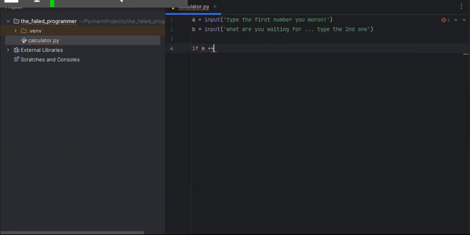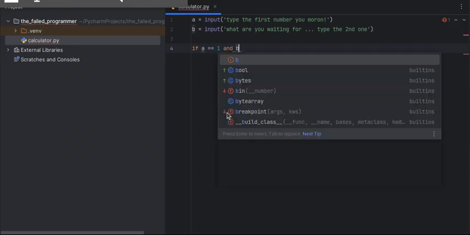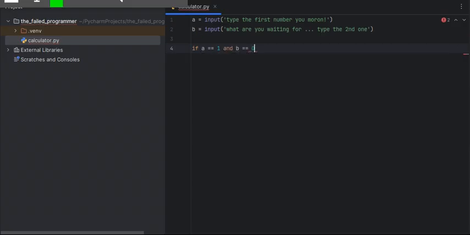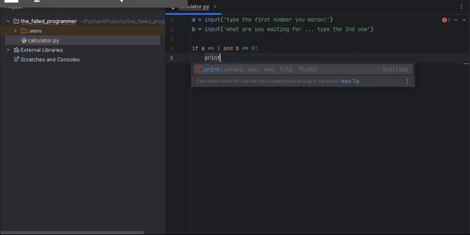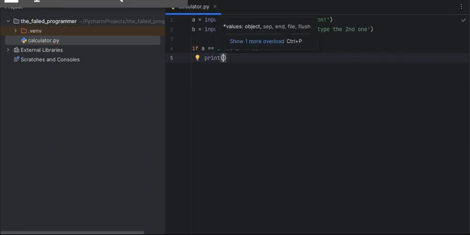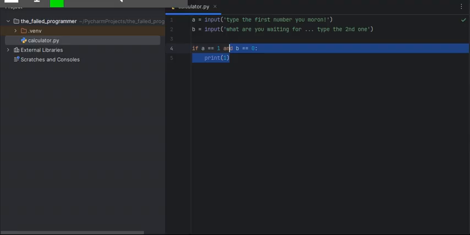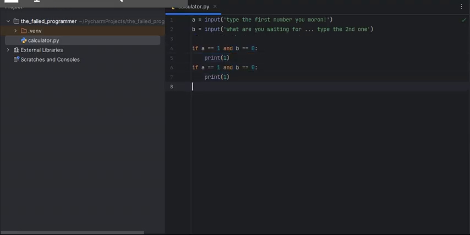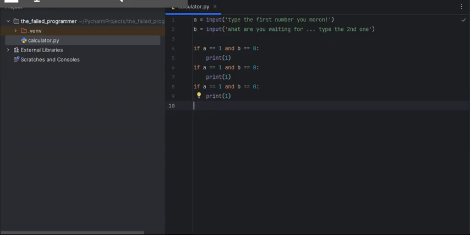So first we're gonna check if a is equal to 1 and b is equal to 0, and then we print 1. Let's copy that and paste it several times,